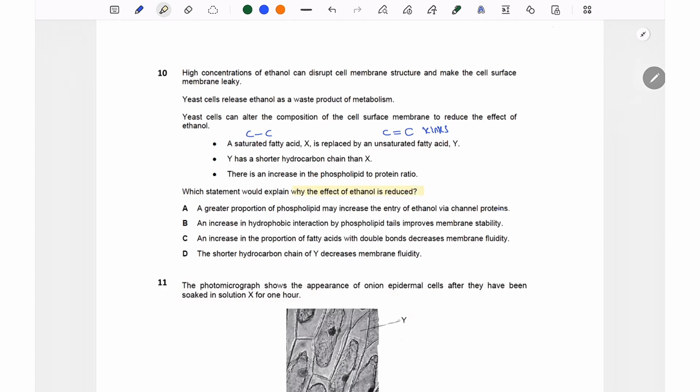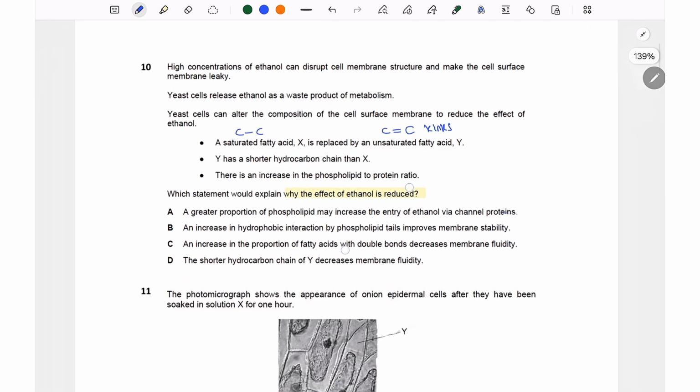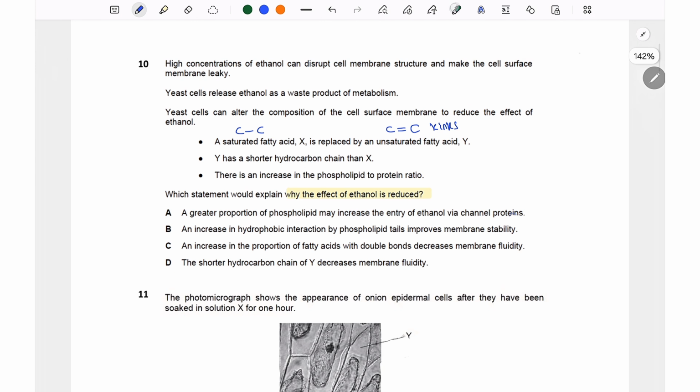By making it less leaky and maintaining the stability, basically. A greater proportion of phospholipid may increase the entry of ethanol via channel protein. So it does not increase the entry, that would be wrong. B, an increase in hydrophobic interaction by phospholipid tails improves the membrane stability. This is correct because